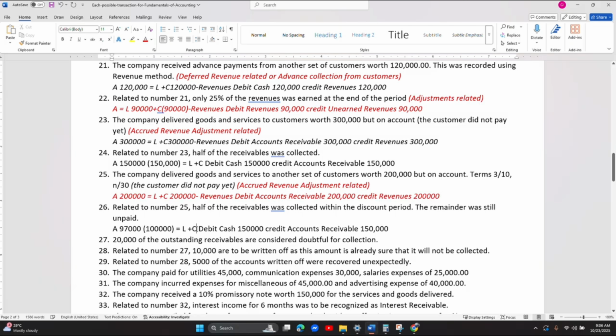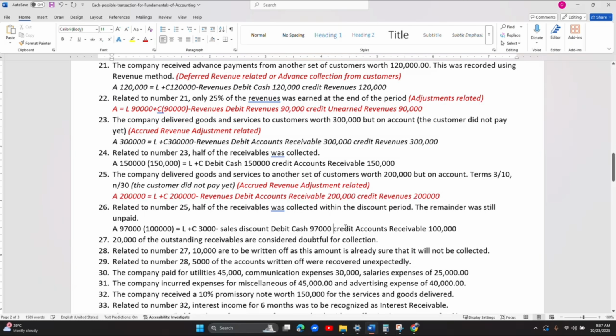The balancing figure, of course, is 3,000 here in the capital, and the reason for which is sales discount, right? Sales discount or discount. Okay, so what will happen? The cash is only debit 97,000 and the credit is accounts receivable 100,000. So we lack